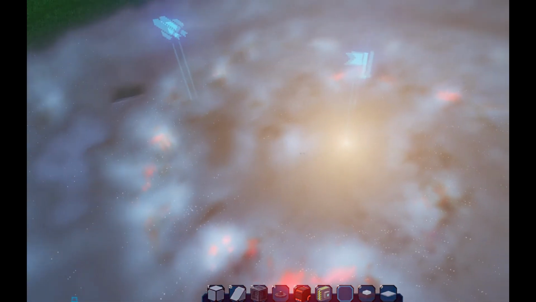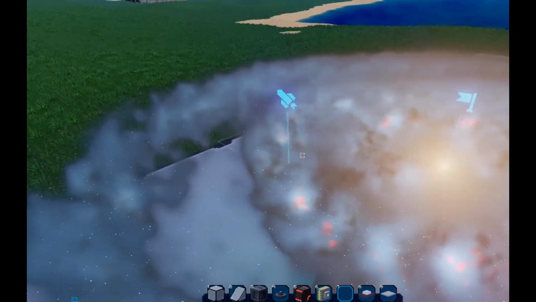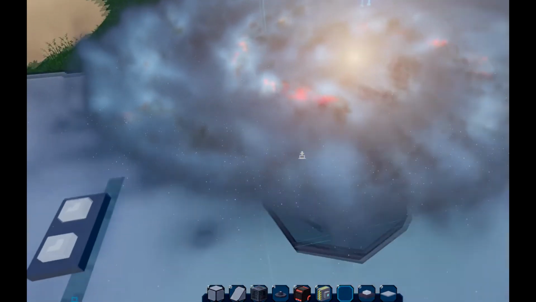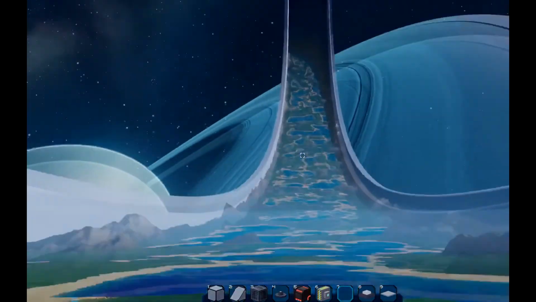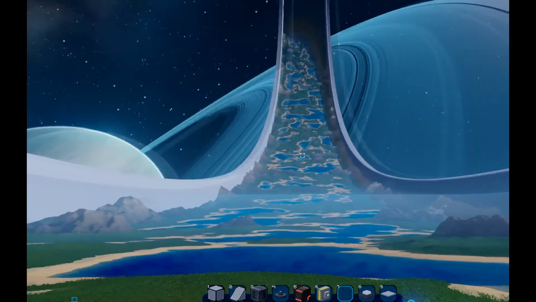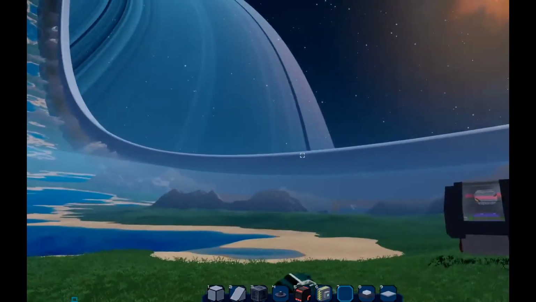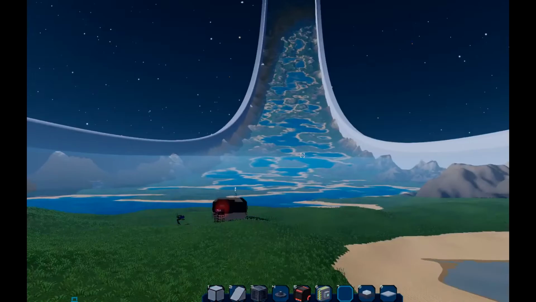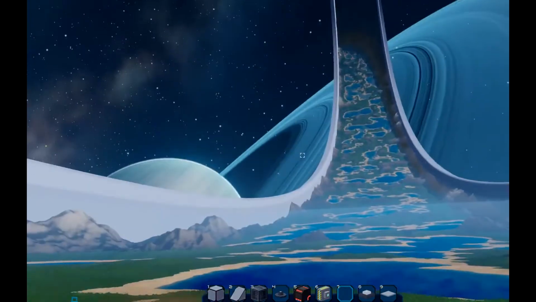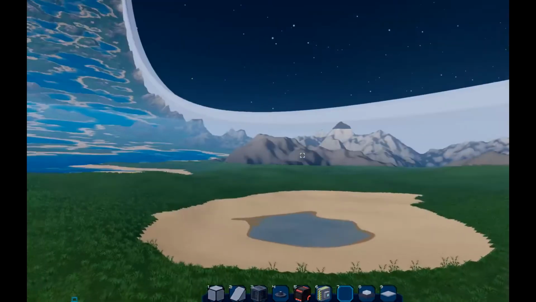But, as you can see, it's so many stars. You can go to every single one. Each one will have something different. Not all of them have a ring like this, but some of them will have rings like 15 times longer. And you can just keep on walking along them. Just a giant ring. You can walk the entire way around, and you can just do whatever you want on